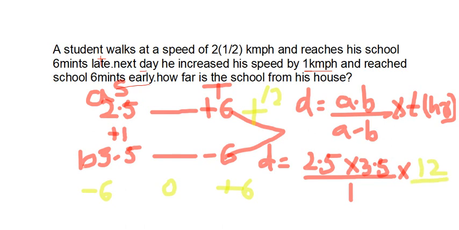Is just 12 your time? No. Why? Because this 12 is given in minutes, but the formula needs the time in hours. So you should do 12 divided by 60. Okay, I do not have space here. If you do all the simplification, you will get the distance value. What answer did you get for the distance? Put it in the comment box.